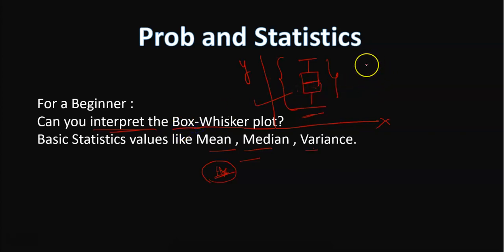And also there is one more plot, like the scatter plot. What is the relationship between one variable and another variable? That is what a scatter plot tells us. So can you interpret even that plot? If you are able to understand what exactly each and every plot is telling, then you are in a